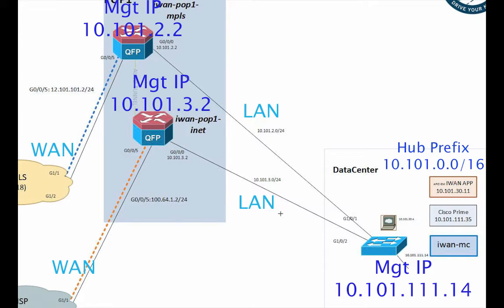These are the LAN interfaces here. The APIC-EM IWAN app is over here, located at 10.101.30.11. Again, this is a layer 3 switch. I'm going to be running EIGRP between this router here and this router, and EIGRP between this one and this one. We also have right over here a little square, because the little squares are actually VMs